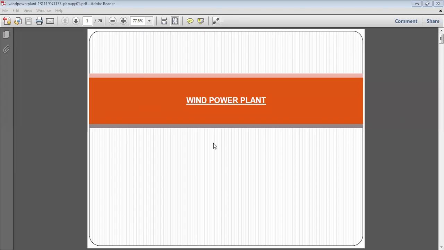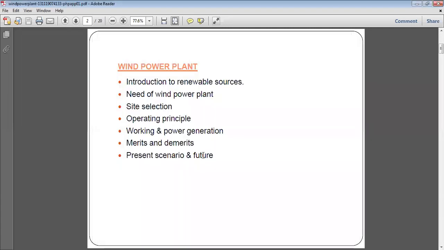So today we'll be starting on a new chapter, that is wind power plant. So we'll be taking up the introduction to renewable sources, the need of wind power plant, why